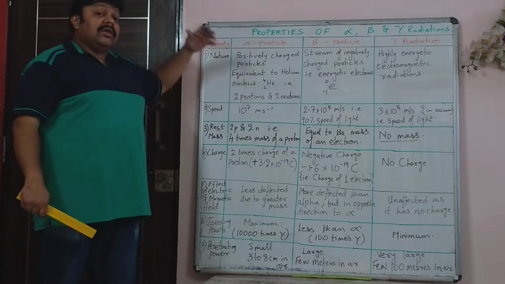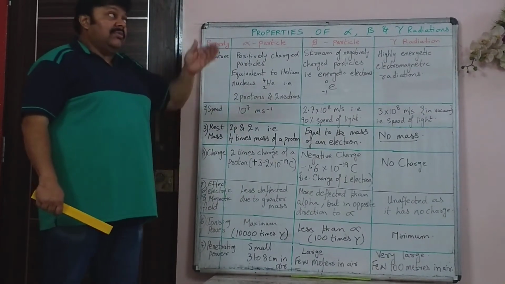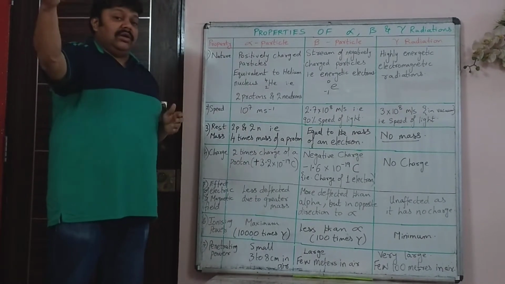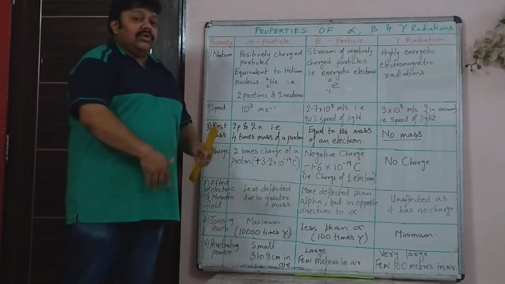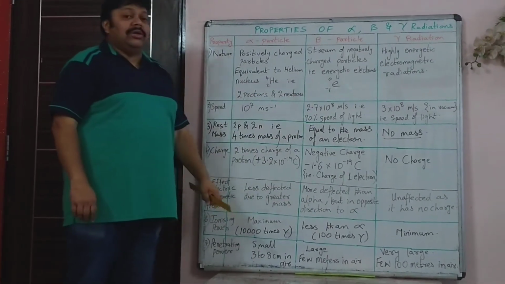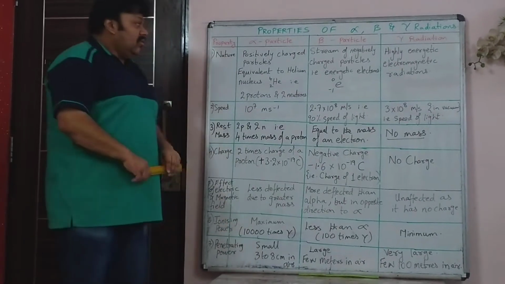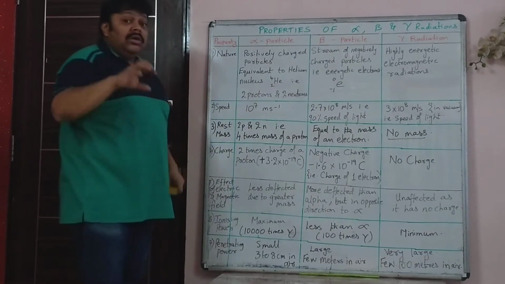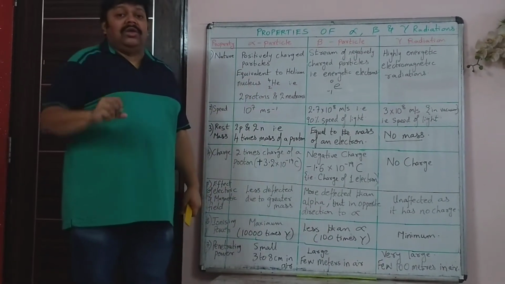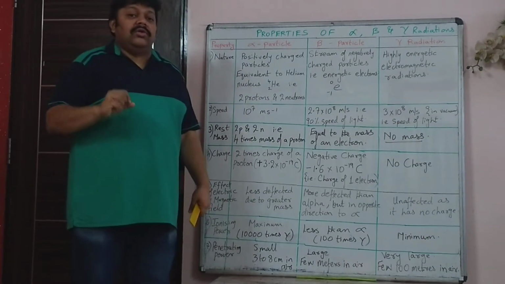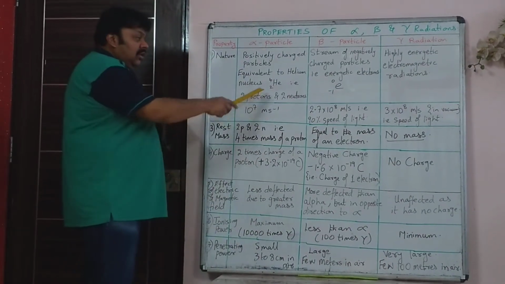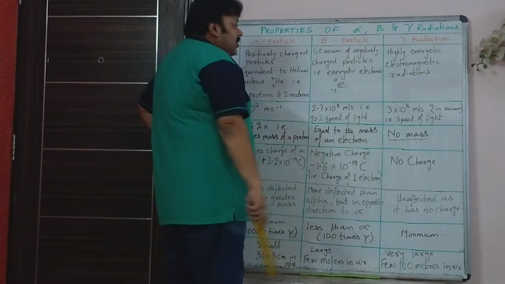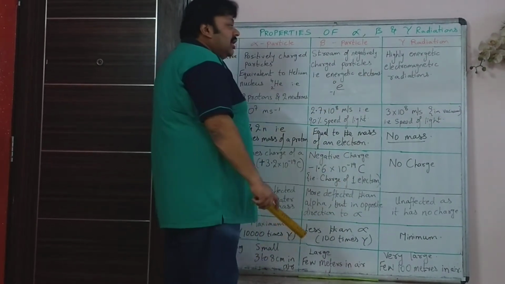That is why when we had seen the deflection, I had told you it comes out a bit and then only goes towards the negative terminal. It is not as easily deflected as beta, where as soon as it comes out the deflection happens, because beta is extremely light. So remember, this is an important question. What is it equivalent to? It is equivalent to the helium nucleus only. What is in the nucleus? Nucleus has protons and neutrons, so it is equivalent to the helium nucleus, not any electrons in the outer orbits.